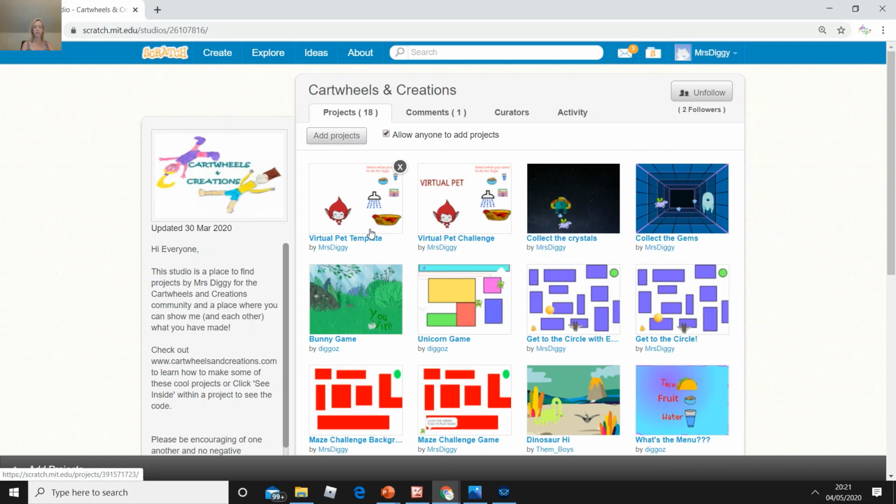And then if you want to have a go afterwards and try with a different pet or a different set of things that you can do for your pet, then that's completely up to you. But for this tutorial, so that we can do it within a reasonable amount of time, if you'll click on Virtual Pet Template,